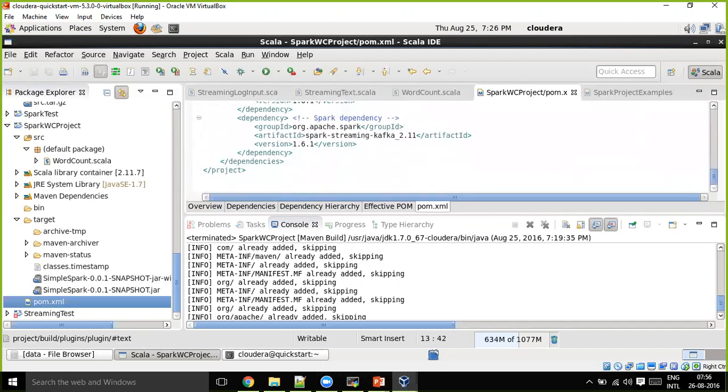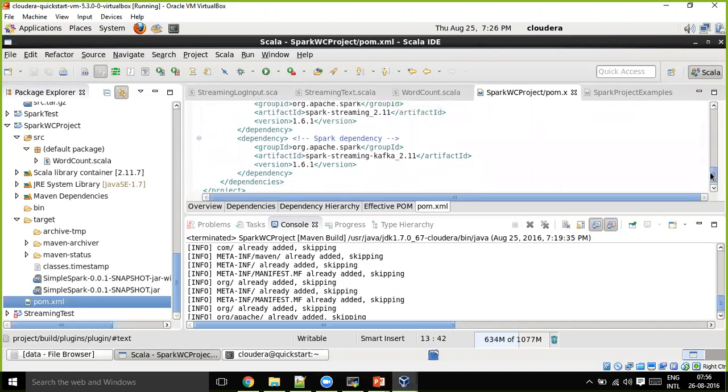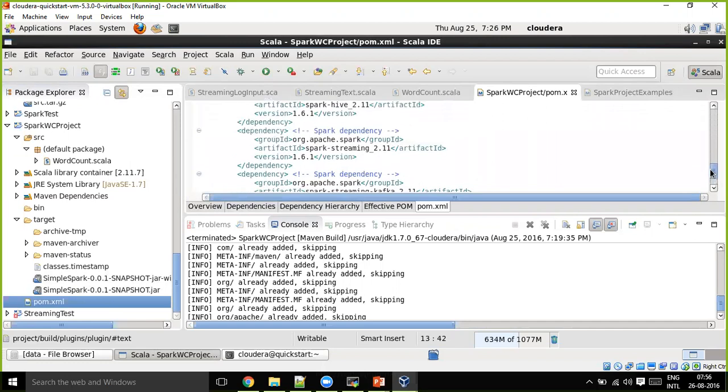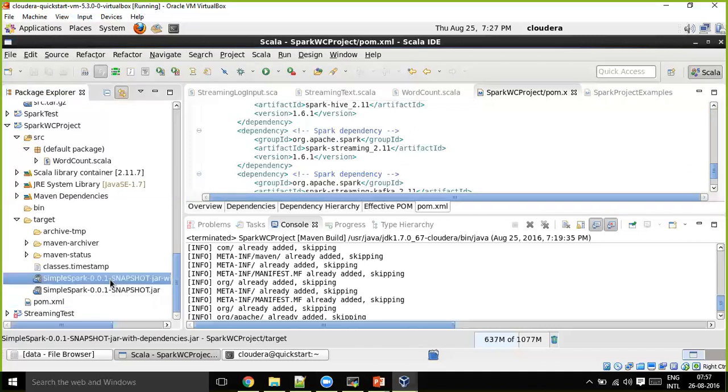Yes. Sometimes when you are running in a distributed cluster, generally they should have the shared libraries, where the Maven repository should be there on your edge node, and they should have all the dependency jars available there. If the dependent jars are not available, sometimes it may fail. That's the reason why I recommend creating a jar with the dependencies also.